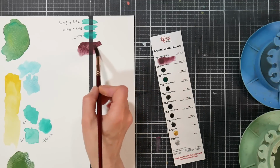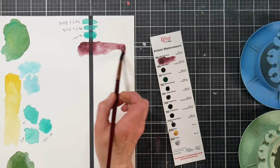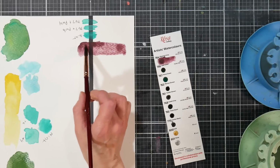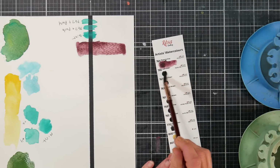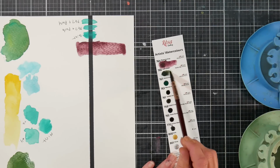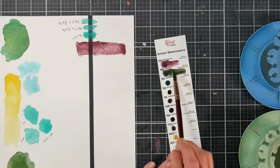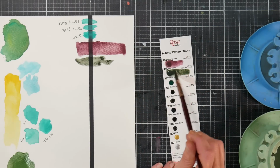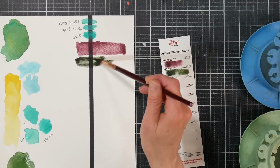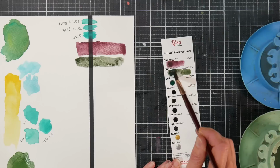This is a beautiful color. It's got PR122, which is magenta, and it's got PG17, which is chrome oxide green. I want to get lots of water in there so we can really push the granulating abilities. Next we have Jade Green, which is a mix of PB28, which is a cobalt blue, PBK7, which is like lamp black, I believe, and PY42, which is yellow ochre. And I strongly think that the blacks in these are PBK11, because some of these, black is the only granulating color. Not in the case of this, because PB28 granulates, but...